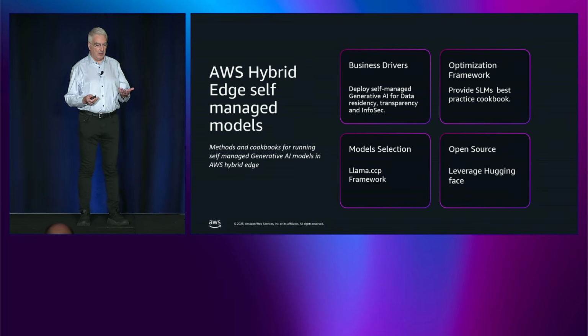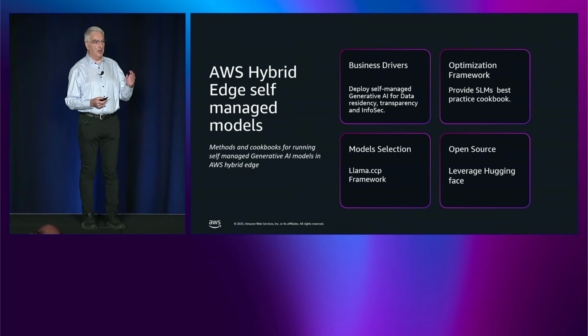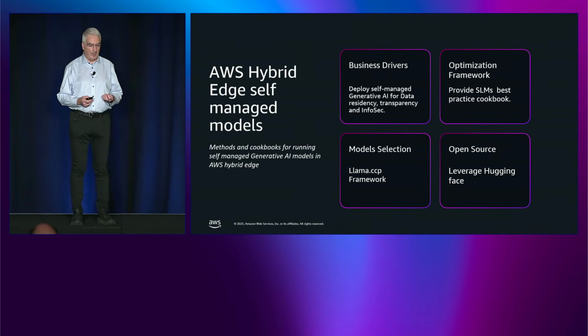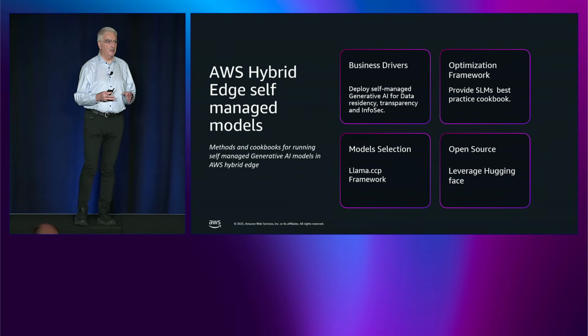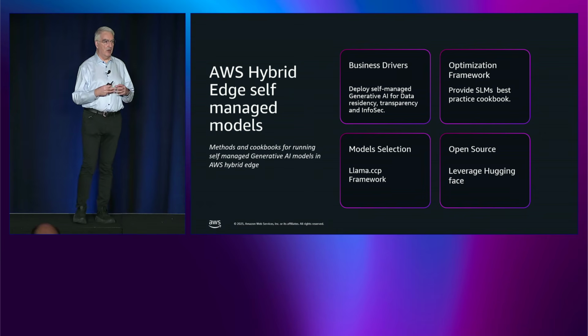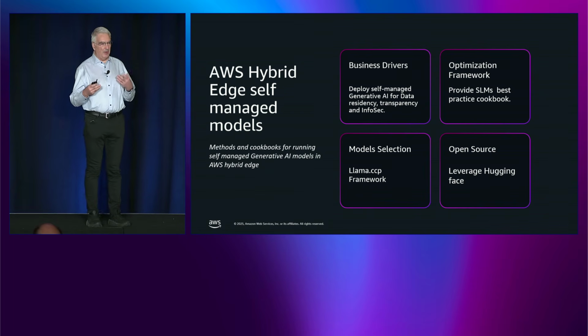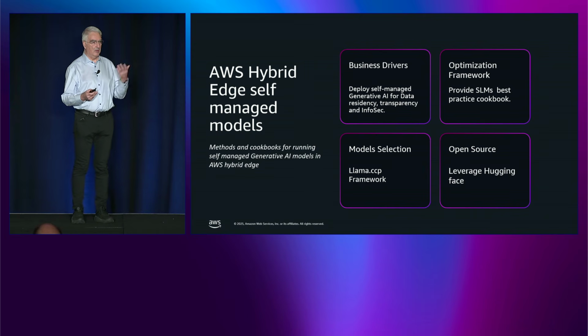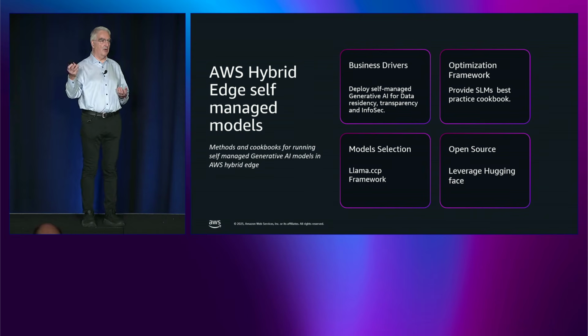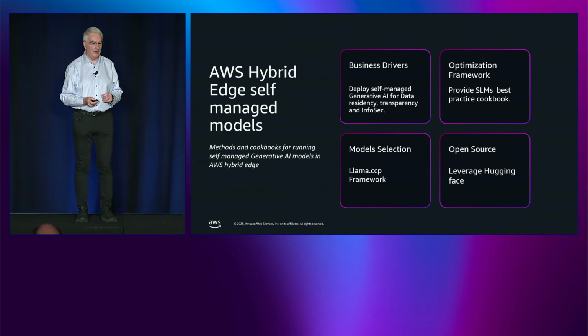We went with the Llama CPP framework because it gives us a lot of control on how to run the models, but more importantly, it allows us to compress the model and get it into a small area, because running at the edge, power, cooling, and GPUs are all commodities that are scarce and hard to get hold of. So in the work we've been doing for the last year, we've improved the performance of the models using this framework by about 5x. We started off with a few tokens per second. We're now up to 40, 50 tokens per second for exactly the same SLM running on exactly the same GPU.